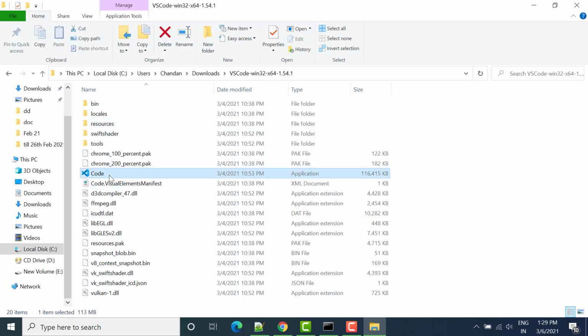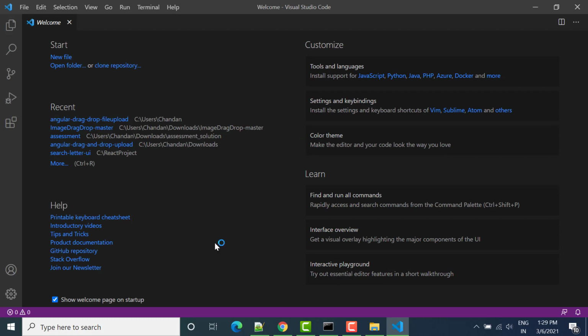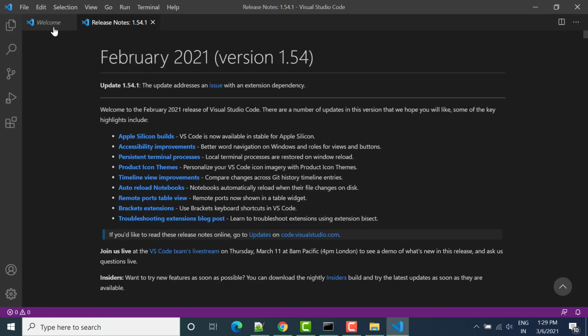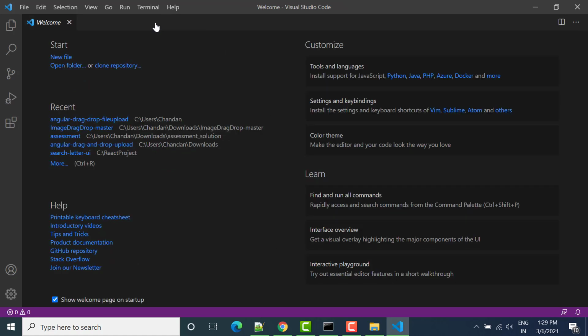So just double click on code. So now you can see Visual Studio Code is installed and available in your system.